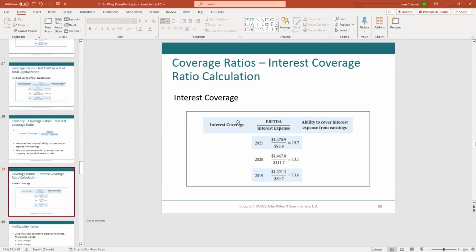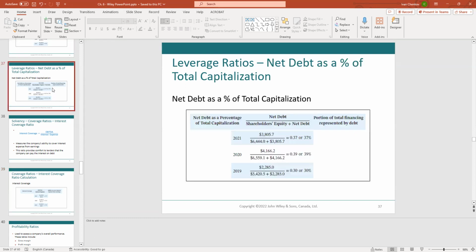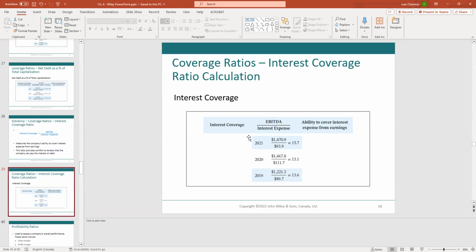Always link it. Makes sense. Oh, yes, always link it. I want you to remember this. Always link the debt ratio with the interest coverage ratio, and look at those two together. If you see that debt goes up and the interest coverage goes up, you're in a good situation. But if you see that debt goes up and then the interest coverage ratio starts going down,